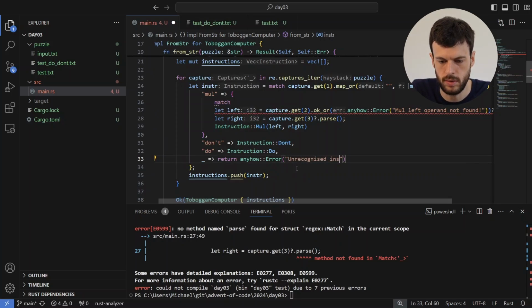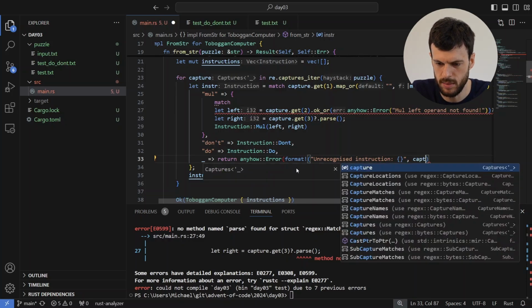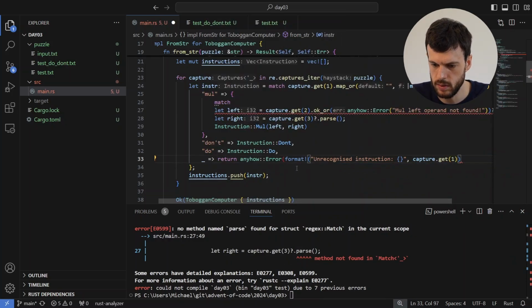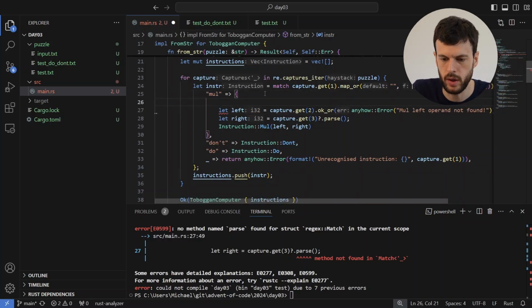Unrecognized instruction. I need to format a string, which would be capture.get1, I guess. Okay, so that should be happy, but we need to do the same thing here. Okay, so